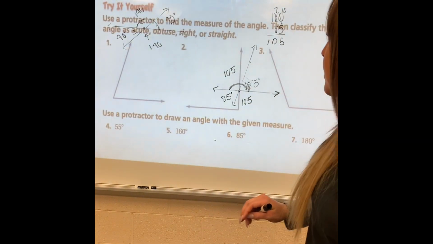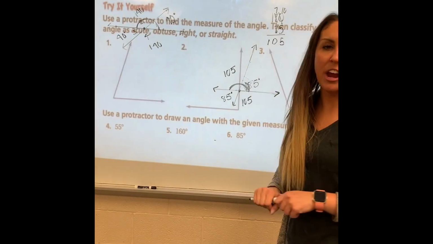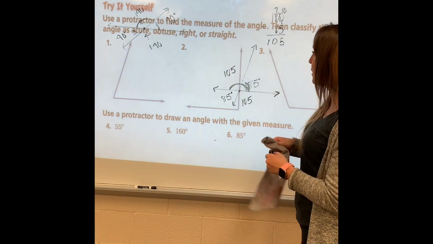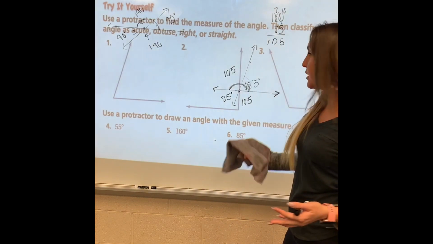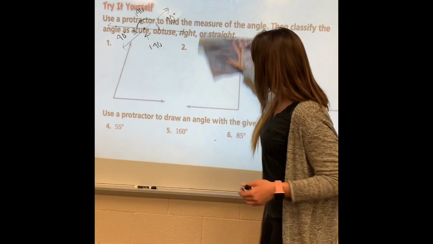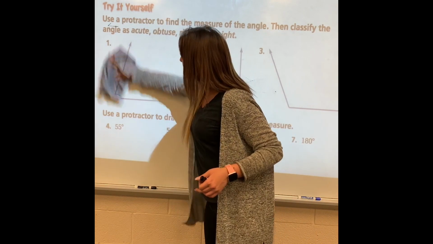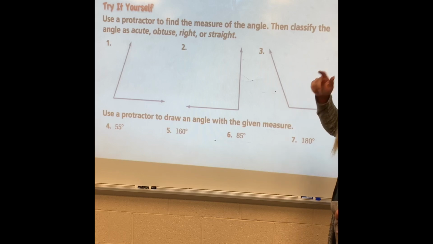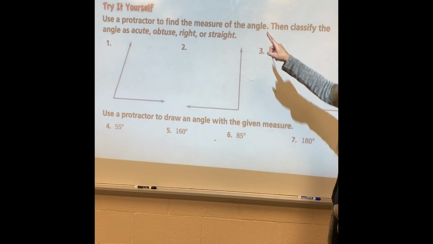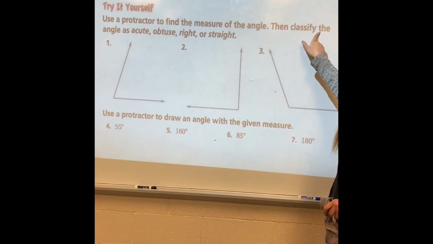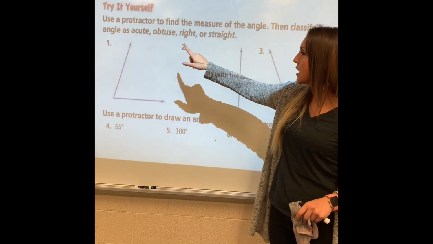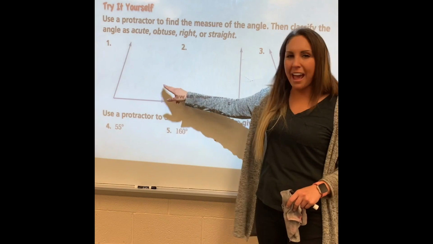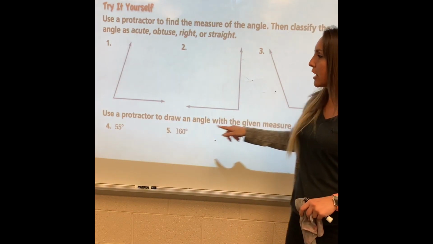What I'd like for you to do next is try these problems on your own. So if you need to grab a new scrap piece of paper, you can, but put your name on your scrap paper. I want you to try to do these problems on your own. So use a protractor to find the measure of the angle, then classify the angles as acute, obtuse, right, or straight. You don't have these in front of you, so why don't you just look at these ones and tell me obtuse, acute, right, or straight,